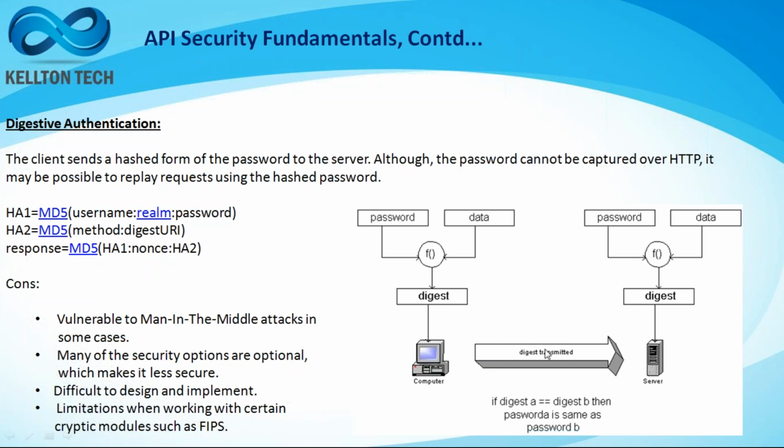and that is transmitted over the network to the server, and using the same cryptographic algorithm, the digest is also created on the server side. Then the server-side digest and the client-side digest are compared, and that's how it identifies the client. But again, this has its limitations too. It is a bit difficult to implement. Of course, this is probably the most secure way of doing it, but it has certain limitations,